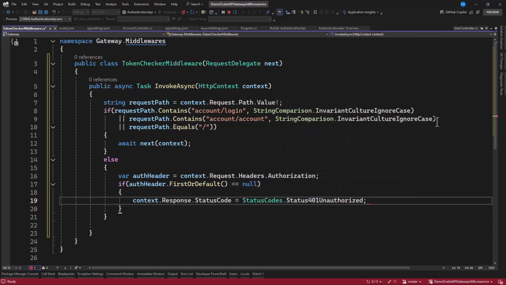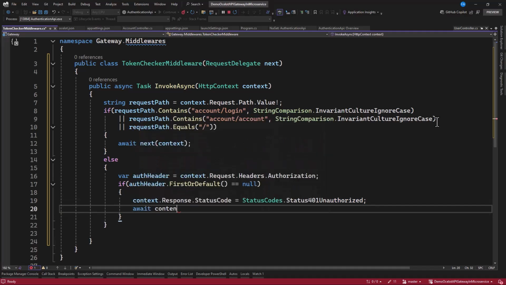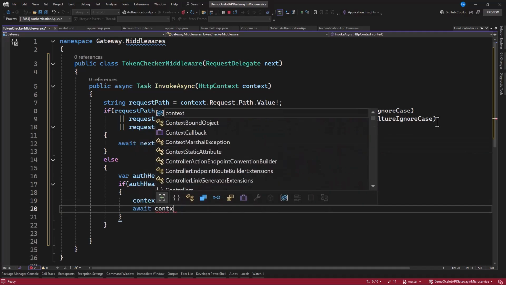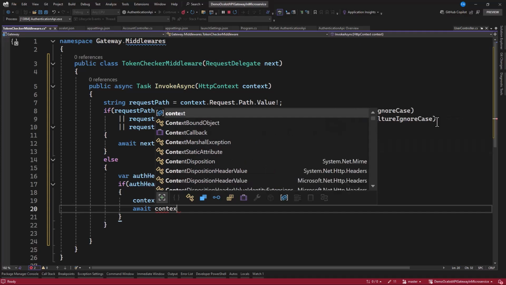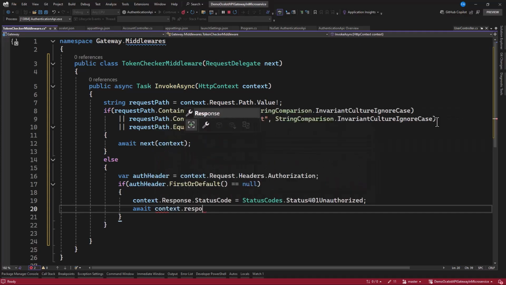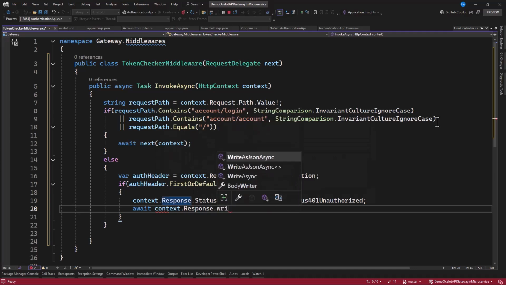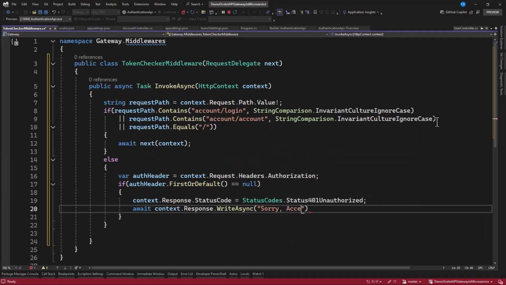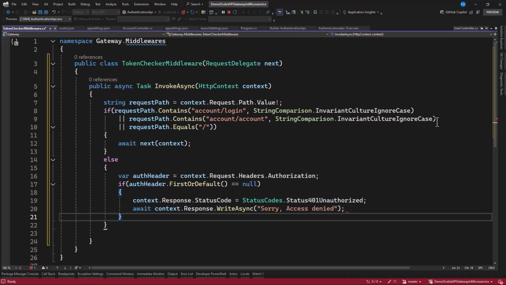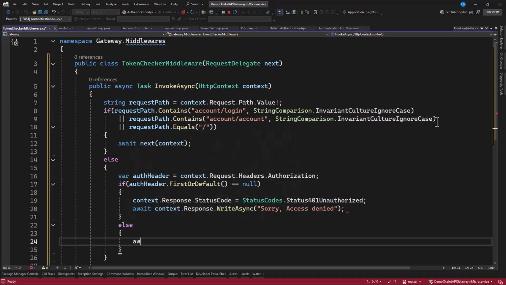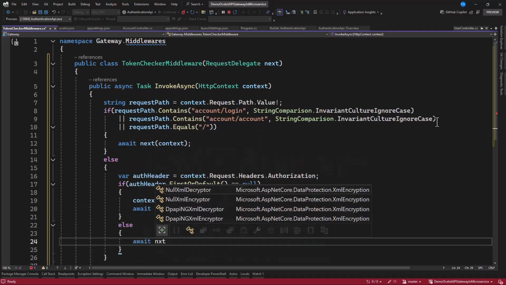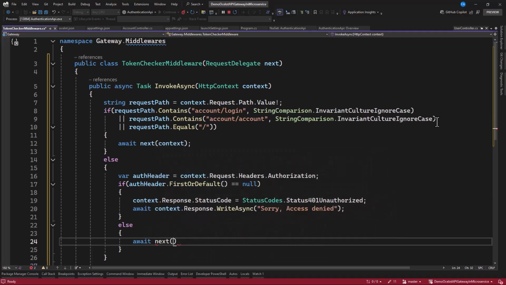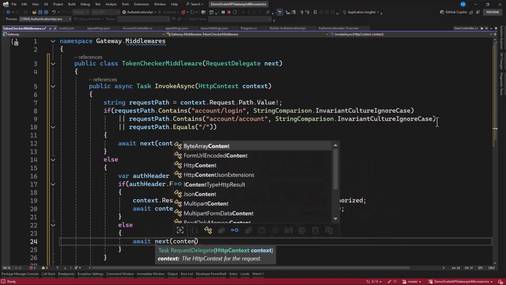And after that, let's have await context dot response dot write async, and we can say access denied. Here we can have else await next, and let's specify in the context.